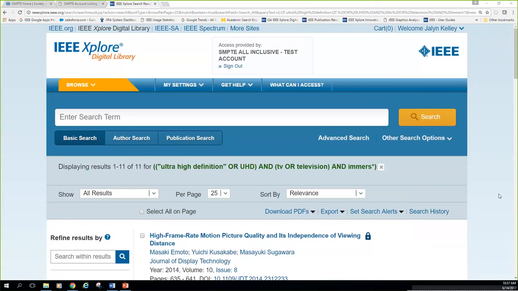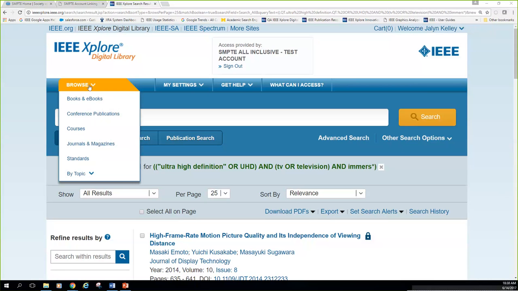Okay, the last thing I want to talk about today is browsing. So you can also browse the SMPTE content or any of the other content in Xplore by using our prominent Browse drop-down menu. It's organized by type of content. I'm going to focus on the conferences, journals, and standards because that's the type of SMPTE content available. If we go to Browse Conferences,